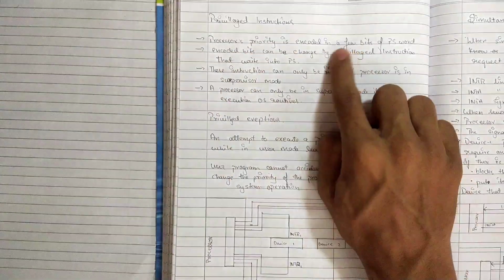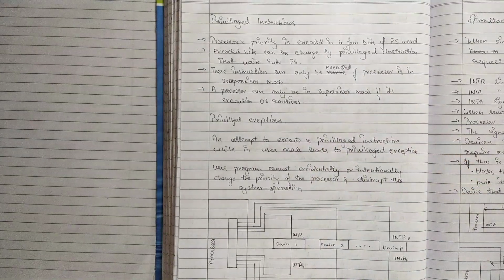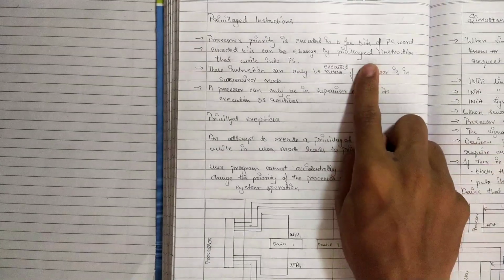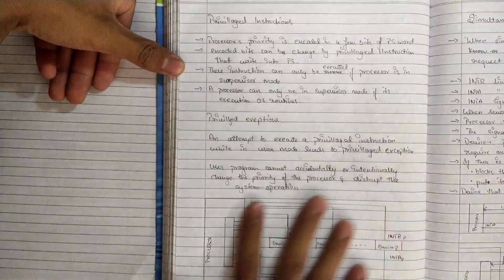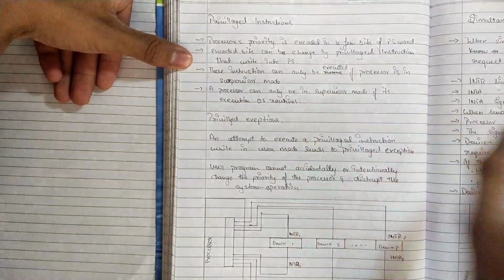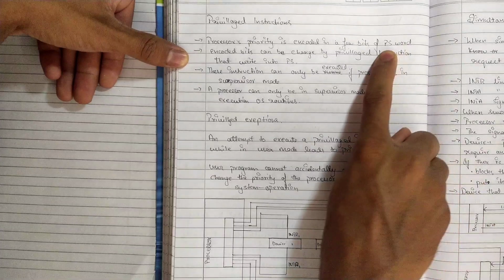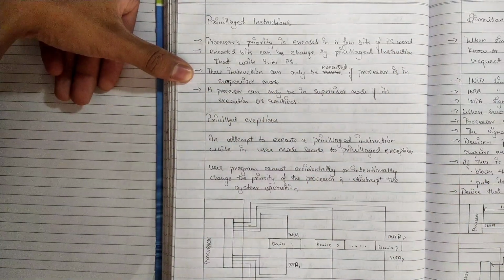The processor's priority is encoded in a few bits of the PS word. Whatever the priority is, it is encoded in some bits, and those encoded bits can be changed. What we discussed last time, sometimes it will increase the priority, right? Those bits can be changed only by privileged instructions which can write into the PS. Now this instruction can only be executed if the process is